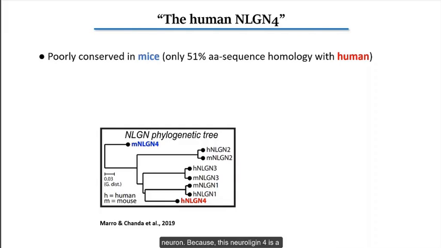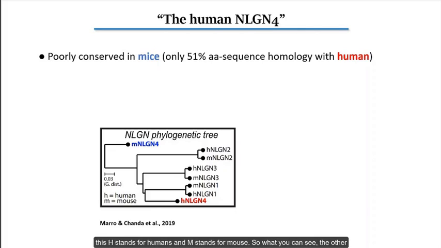Why is it very interesting in the context of cellular reprogramming in mRNA stem cell derived neurons? Because neuroligin 4 is a synaptic cell adhesion molecule. It's one of the members of the neuroligin family. In the family, there are 4 neuroligin genes: neuroligin 1, 2, 3, and 4.